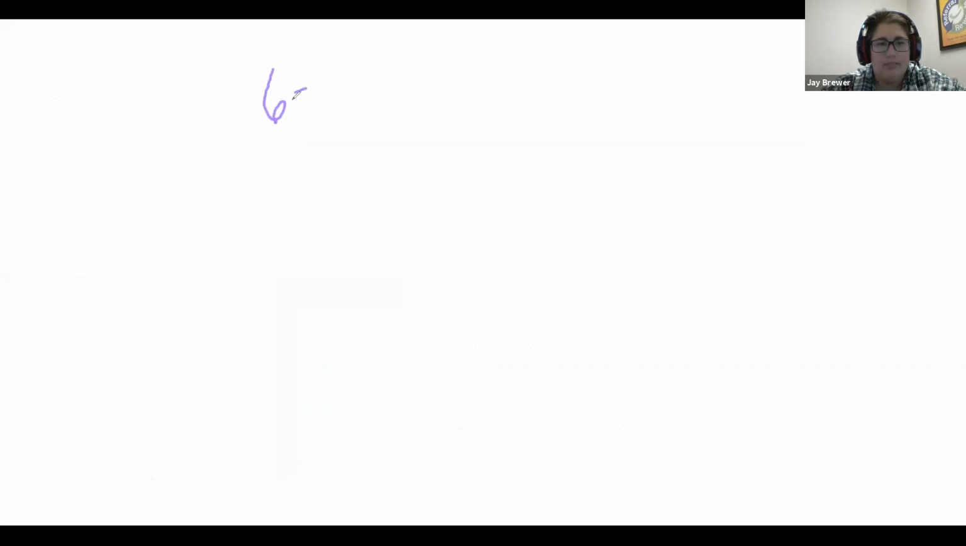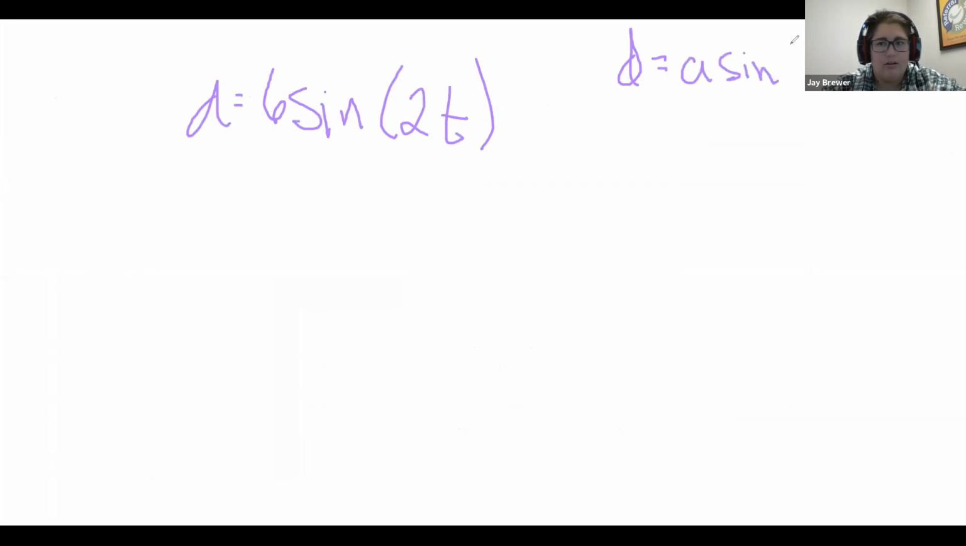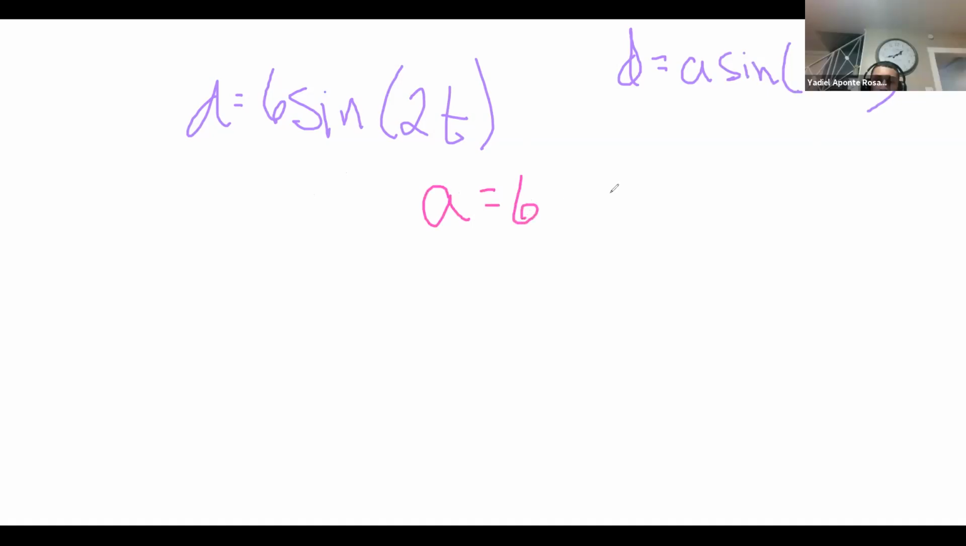So the problem is d equals 6 sine 2t. Now our generic is d equals a sine omega t. So what can we pull out? The amplitude. Yep, so the amplitude is 6. We also know that the omega is 2. And then in terms of just answering A,